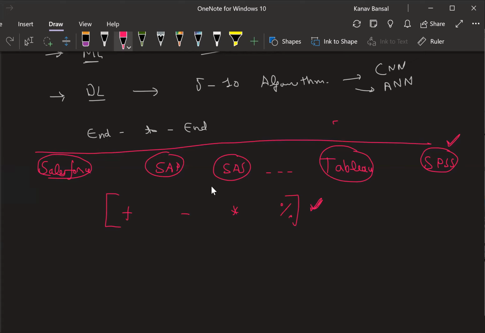Let's say you already know how to do plus, minus, multiply, and divide. Now, how much time will you take to just learn how to do it on a calculator? If I give you a calculator, and let's say you have never seen a calculator before, how much time will it take you to learn these operations on a calculator? If you know how to do all these things from the fundamentals, how much time will it take you to learn the calculator? A few seconds, right? It is going to take you a few seconds.